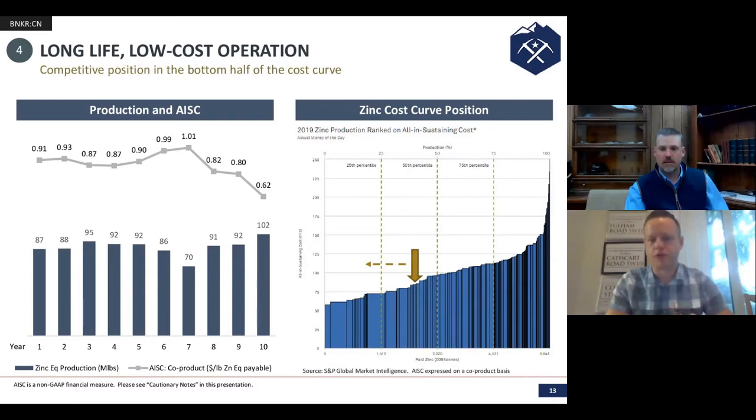Obviously, that's where you'd hope to be in terms of being able to ride the ups and downs in the cycle. There is a lot of headroom, as viewers know, to the spot price right now, which is at about $1.35 per pound of zinc, and it's a very favorable market for miners in terms of treatment charges and the supply demand on the marketing side. If we go to the next slide,